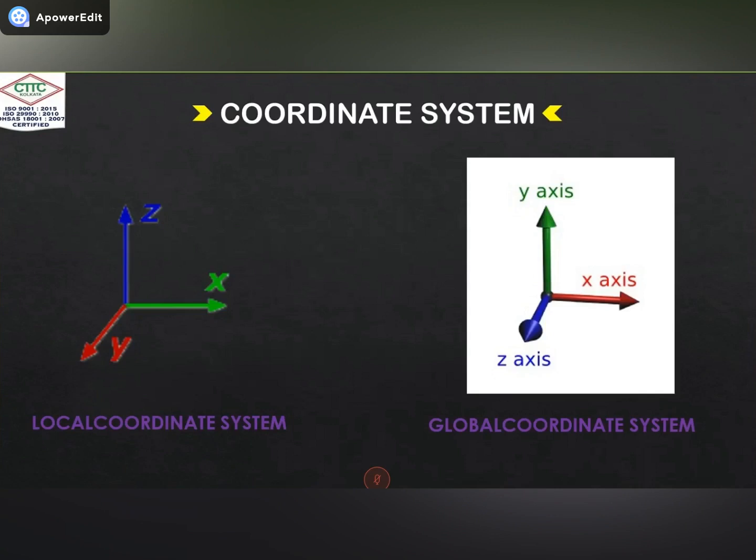So here in StatPro, we can use both coordinate systems. You can use either the local coordinate system or the global coordinate system. For node purposes, you can use the global coordinate system. As per the global coordinate system, you can use this orientation to put your node through the coordinate value, like 0, 0, 0 is your origin value. In that way, you put the node values through the coordinate system.